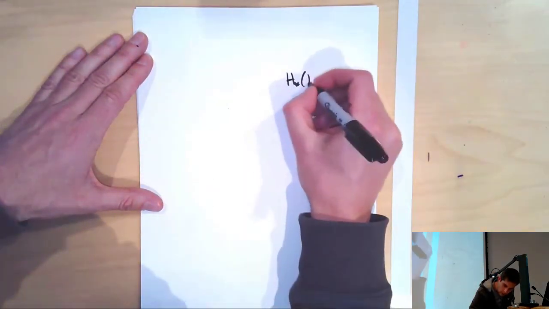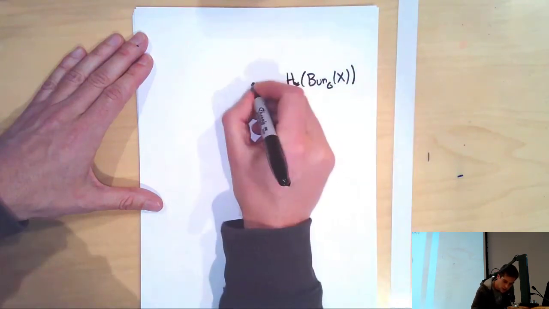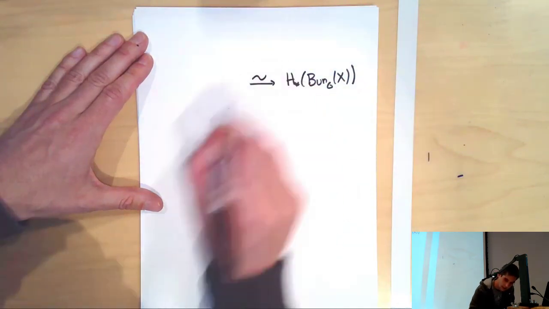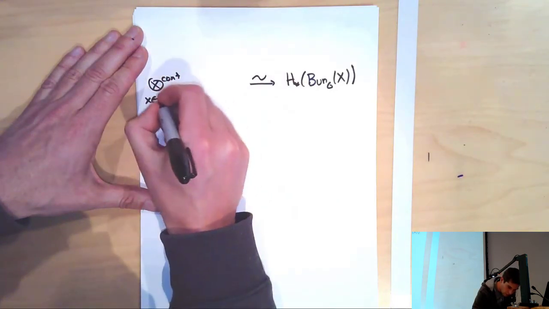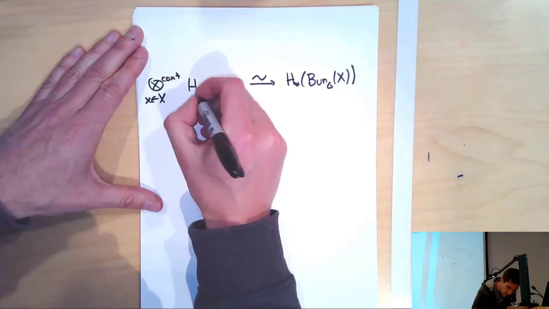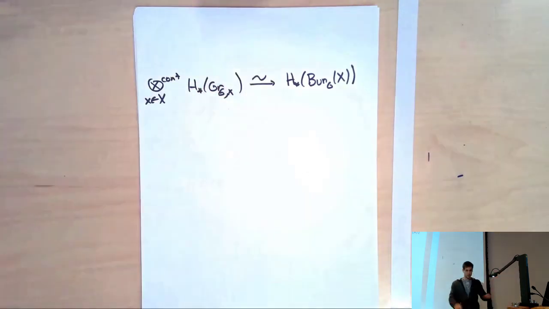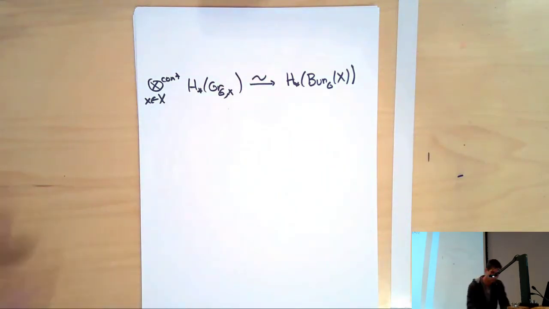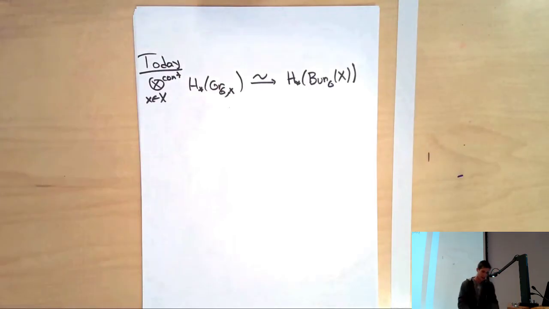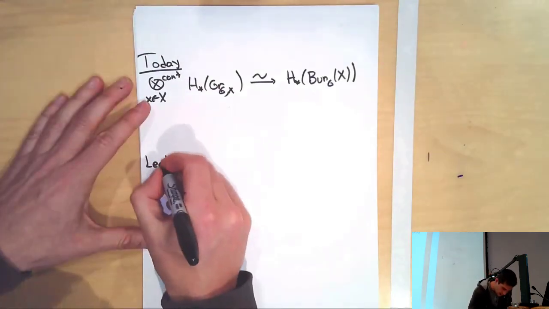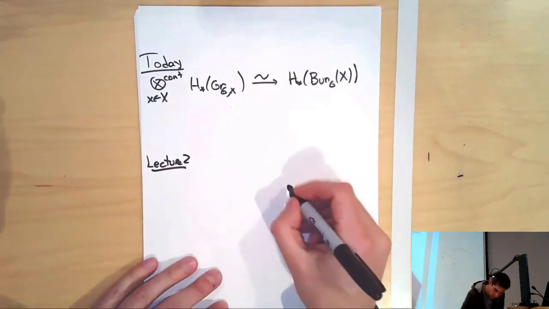So the heuristic statement of this non-abelian Poincaré duality is that some kind of continuous tensor product indexed by the points of my curve of the homologies of these affine Grassmannians gives me the homology of all of Bun_G. So this was what we did today. On the other hand, in lecture 2, I stated something that looks a little like this,